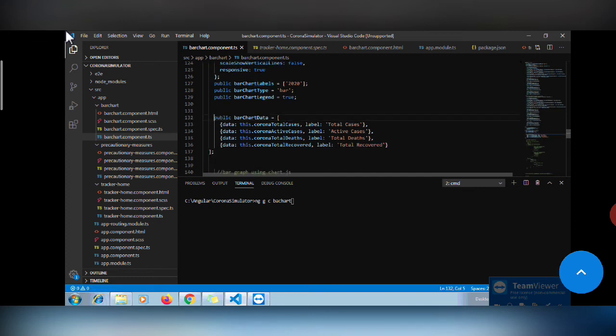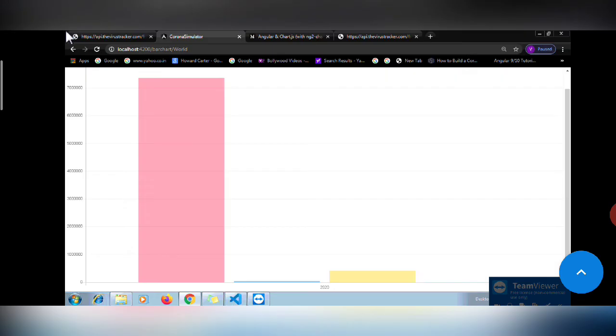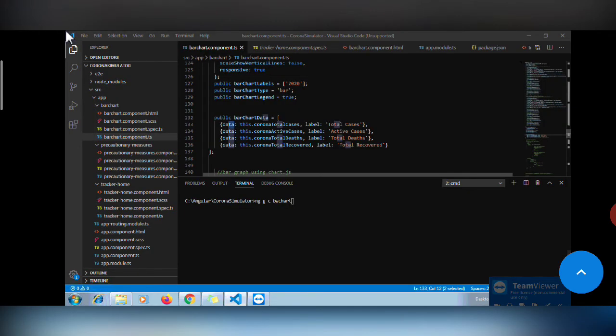Now the most important part here is barChartData. Without this we cannot display any representation. For barChartData I have used 2 things, that is data and label. In data you can see the count 7363503. We are fetching this from JSON, storing it in an array and just mentioning the name here. I will show you this array name afterwards.